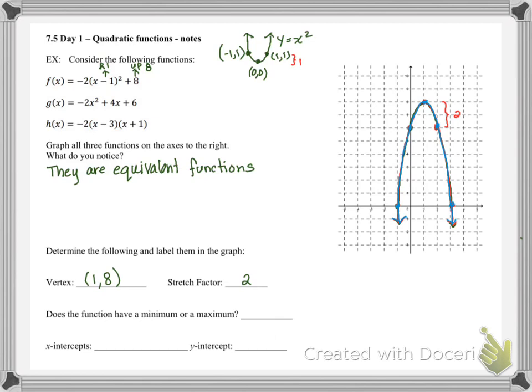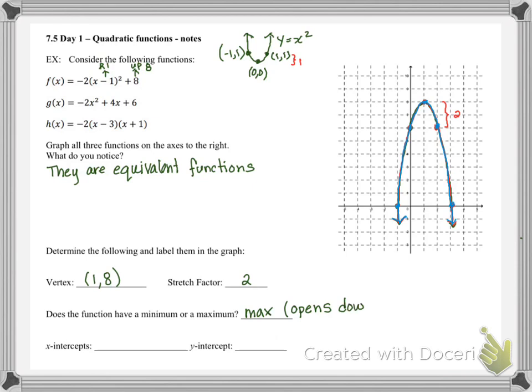Right, so just like that 1 and 8 showed us transformations to our graph, that 2 also shows us a transformation. It shows us the stretch factor, so how much it was stretched vertically or compressed, if that was the case. Does this function have a minimum or a maximum? It has a maximum, right? My vertex is the highest point on the graph, and that's because it opens